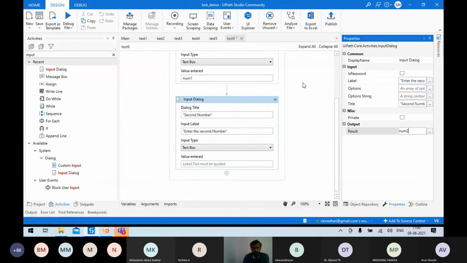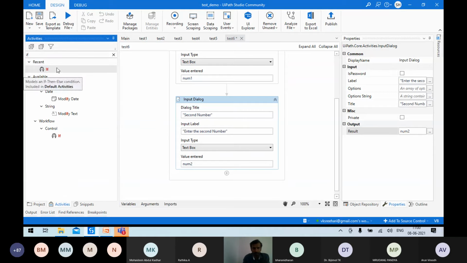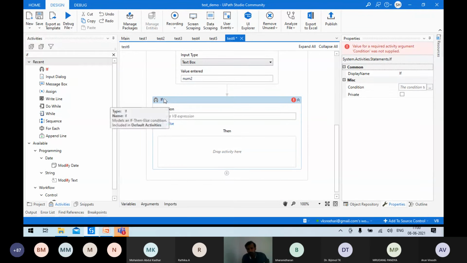Now you have to check for the condition. So we are dealing with the if control. Just type if, you'll have an if over here, just drag and drop it here. When you drag and drop it, nearby you'll see show else, you just click on that, you'll get the else also. So you can simply put an if condition, or you can give this if then else also. If you give the condition here, you ask the robot what to do if the condition is true and what if the condition is false. If the condition is true, do this. If the condition is false, do this.